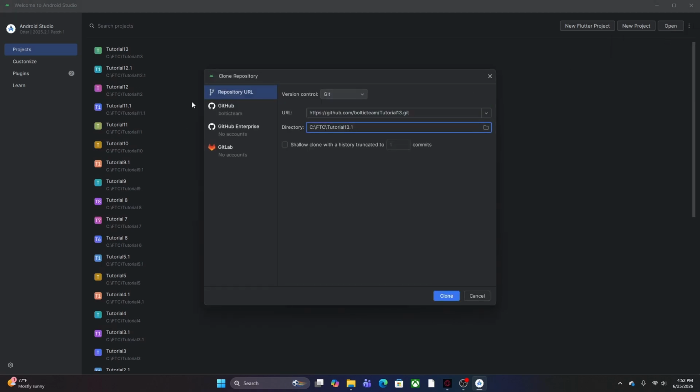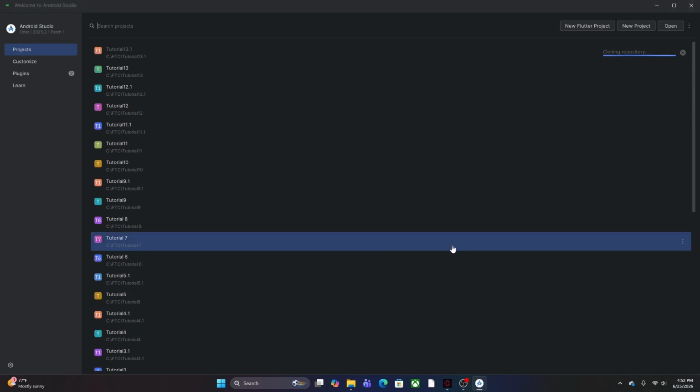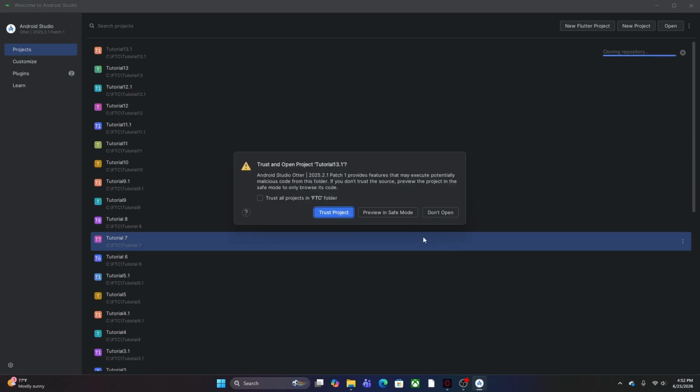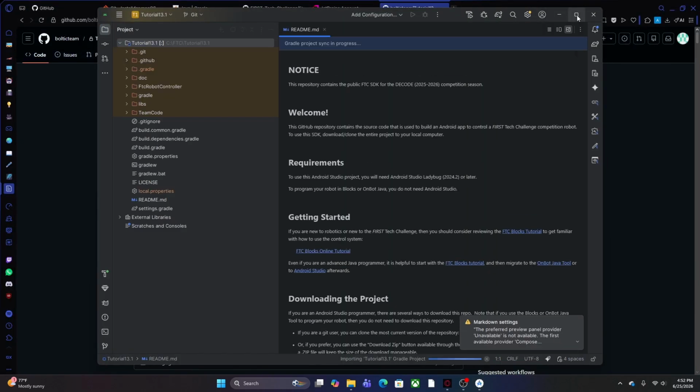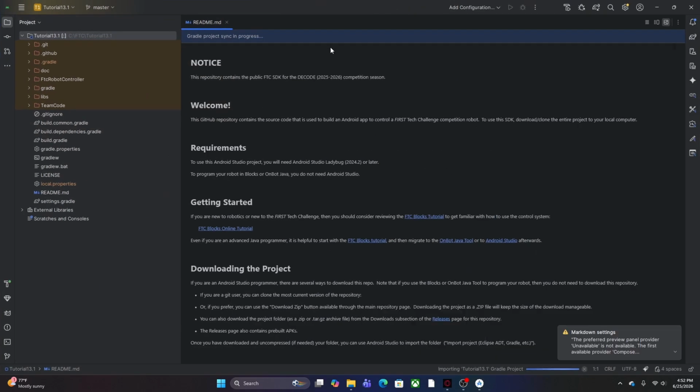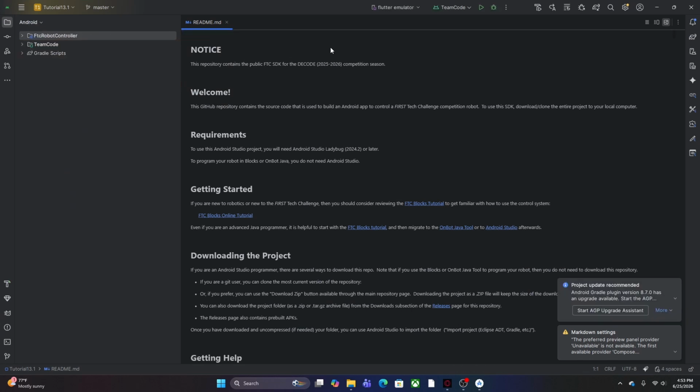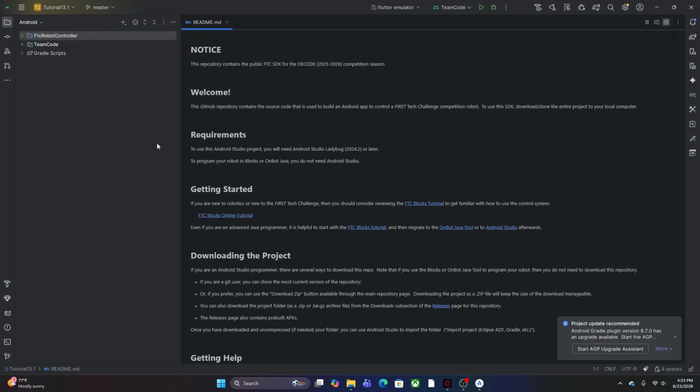And once again, this is what it will be called. This is where it gets stored, so edit that as you see fit, and then click Clone. Then click Trust Project, and wait for the Gradle to sync. And now that the Gradle downloaded all the libraries, let's check if the file we made is there. And yeah, it's there. So we're good.